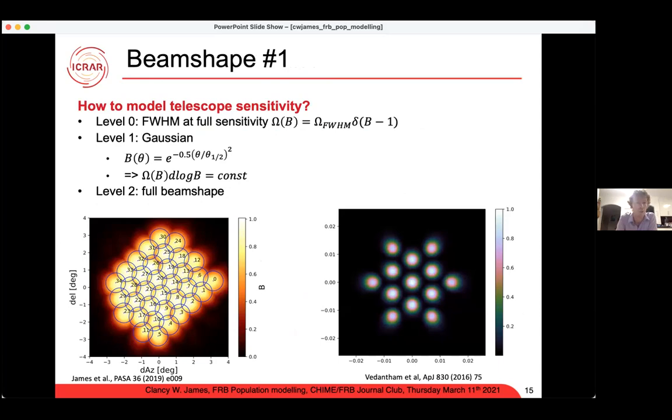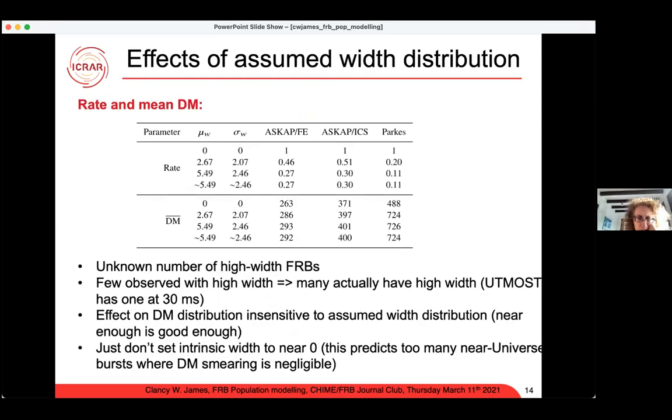So this is what I would call. Can you hear me? Yes, certainly can, Vicky. Go ahead. Oh, sorry, just a very quick question. The highest width is, I think, 128 milliseconds, or it's on the order of 100 milliseconds. It's a little further than what you see in CHIME, is it? Yeah.